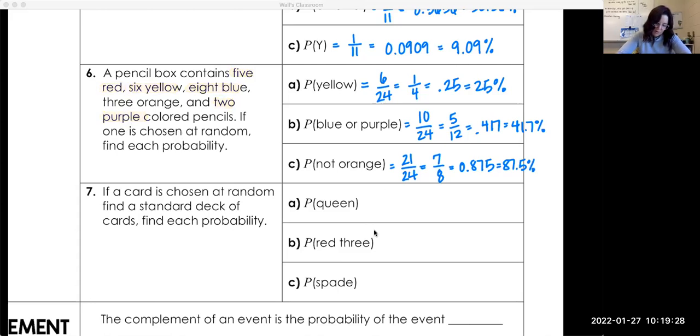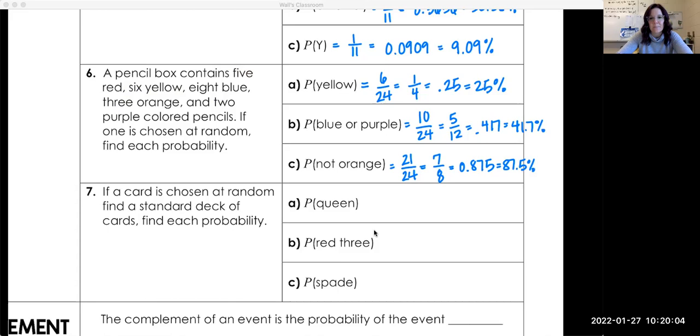The next example requires that you know a little bit about a standard deck of cards, because we're going to pick a card from a standard deck and find the probability of either a queen, a red 3, or a spade. So decks of cards have 52 total cards, and there are 4 suits. There are hearts, diamonds, clubs, and spades, and there are 13 of each kind of suit. Within each suit, there is ace, 2, 3, 4, 5, all the way up to 10, a jack, a queen,